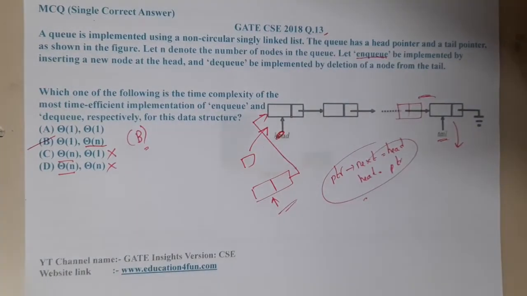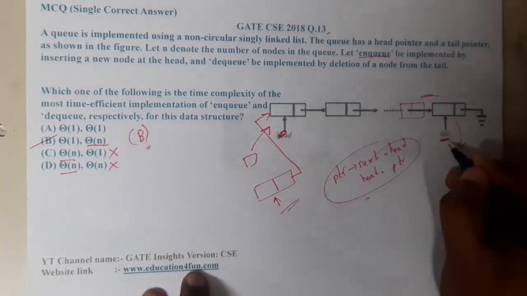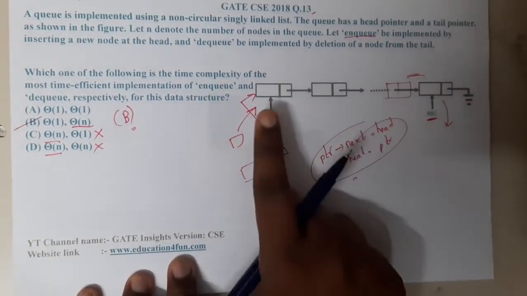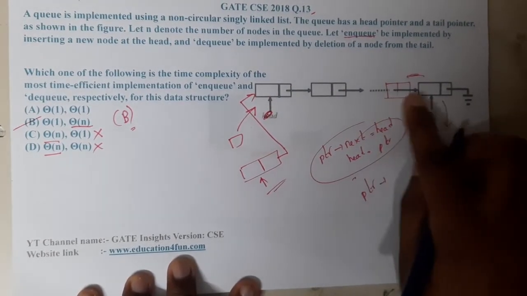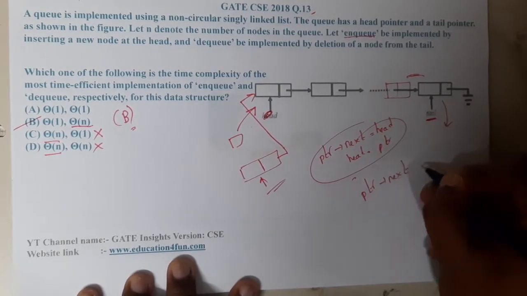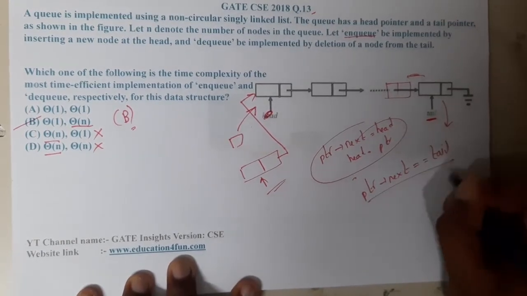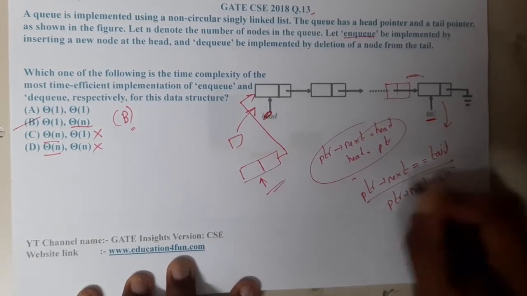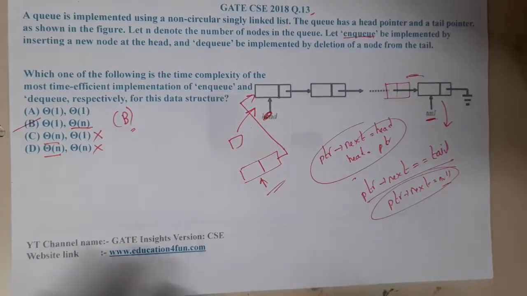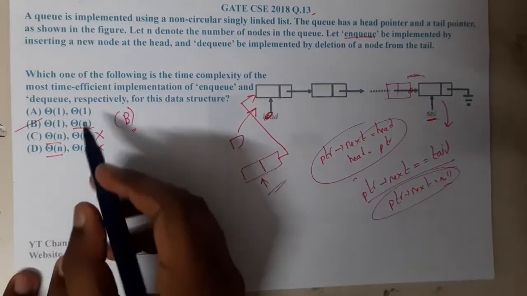So how can you go up to the previous element? You know the tail address, right? So take a pointer and move step by step until ptr's next is equal to tail. Once it is equal, you stop there and update ptr's next to null. Once it is done, the link between these two will break. So to search till there, you will be taking n operations in the worst case.